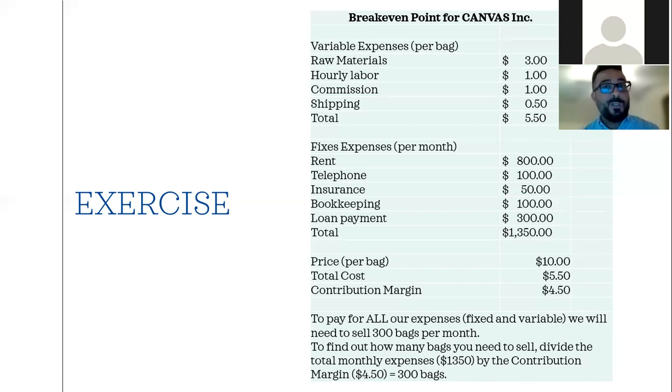How we got the 300 bags is we took the total fixed expenses, which was 1,350, and we divided that by our contribution margin, which is $4.50, and we arrived at 300. So that's really important. You need to be able to do this for your business. You need to calculate all of your expenses. This, by the way, is a very simple exercise, but hopefully clear enough for you to understand how to do